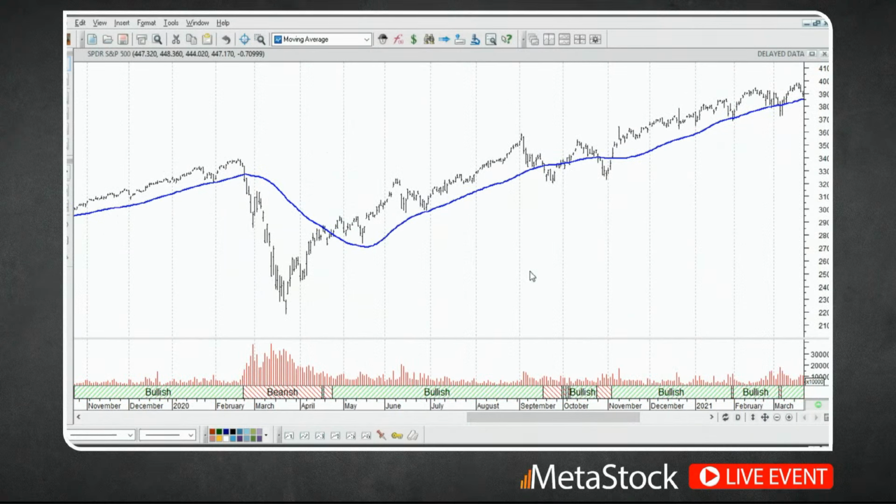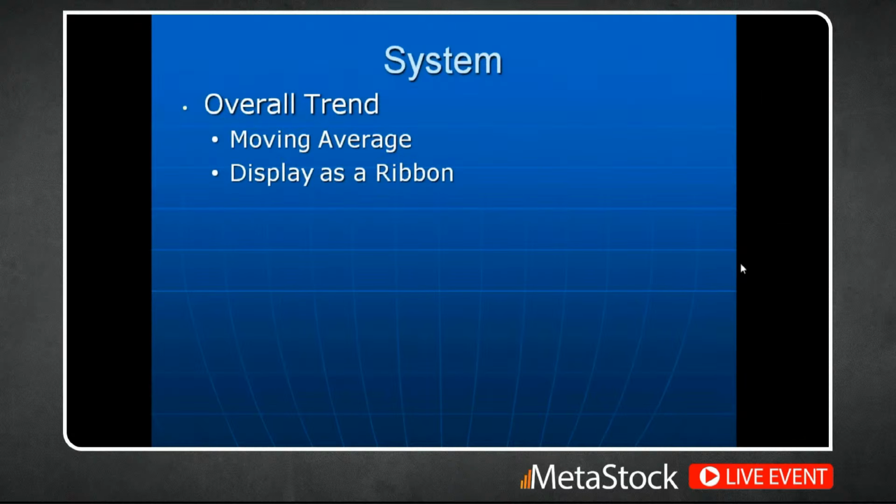All right, so the next thing I want to do in this is we're going to identify or confirm the trend. And the way that we're going to do that is we're going to use a swing indicator. And if you've been in technical analysis for a while, you know that there's a lot of different types of swing indicators, but we're going to use probably the most common one, which is the MACD. The MACD is just 3 different moving averages, really easy to interpret, and very well known, again, easy to spot, for example, bullish and bearish areas.